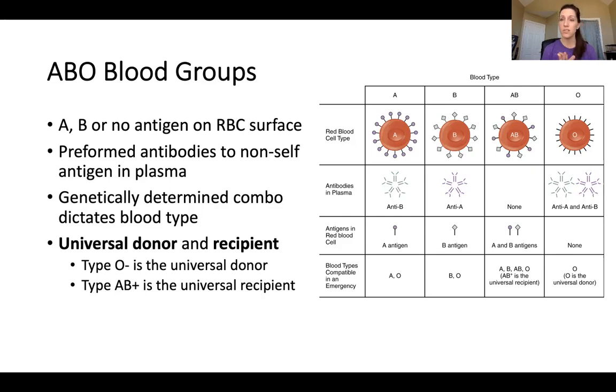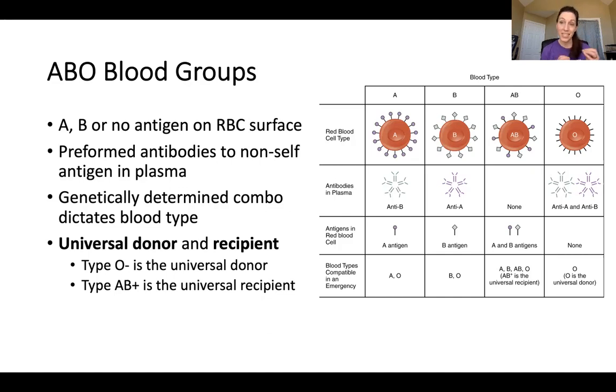The reverse is also true. So if you are type B, you have B antigen on the surface of your cells. So you look like this guy here in this picture. You've got these little triangles. Okay, it's just a representation. So B is self, meaning that you are going to make antibodies against non-self. So A, right? If you're type B, you have B antigen on the surface of your cells, you are going to make antibodies that protect you against the A antigen, anti-A antibodies against the A antigen,